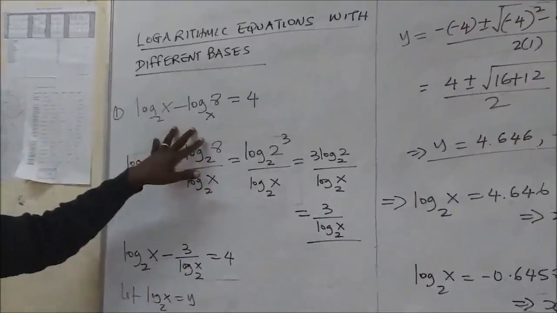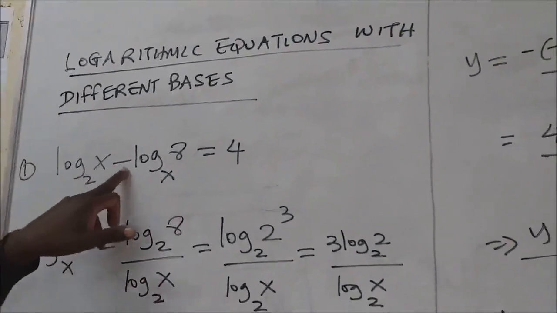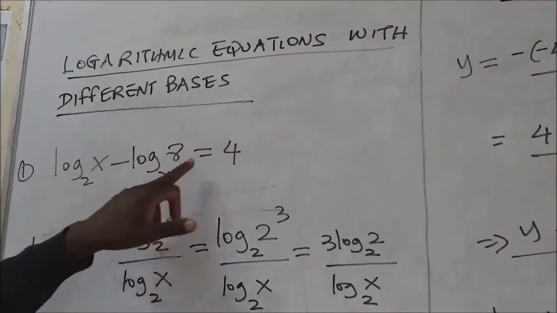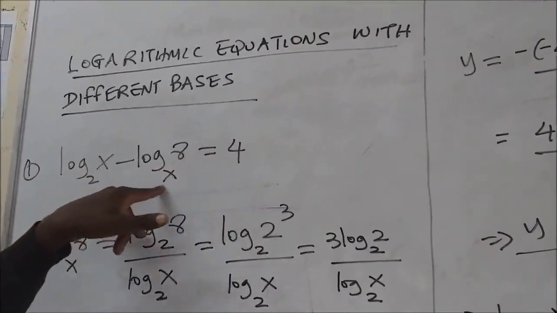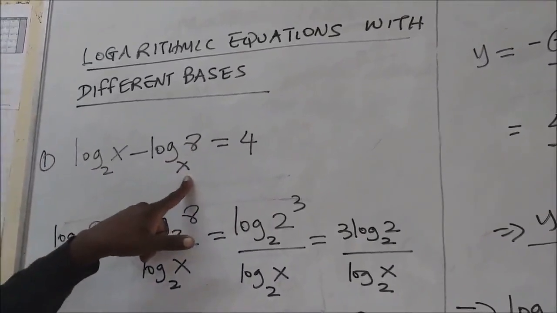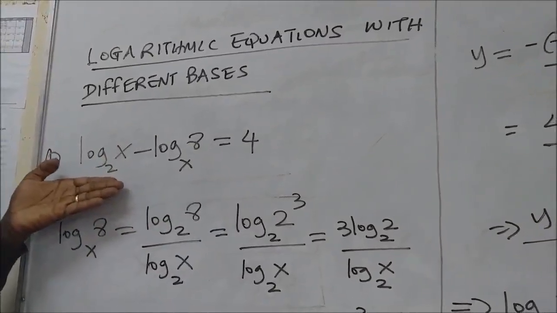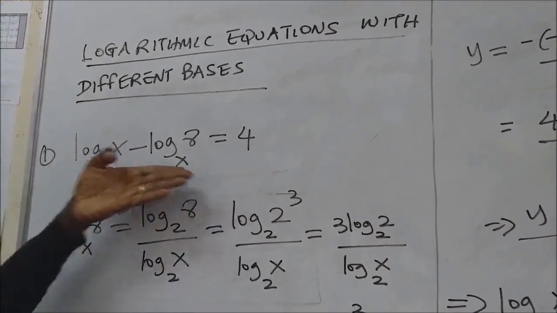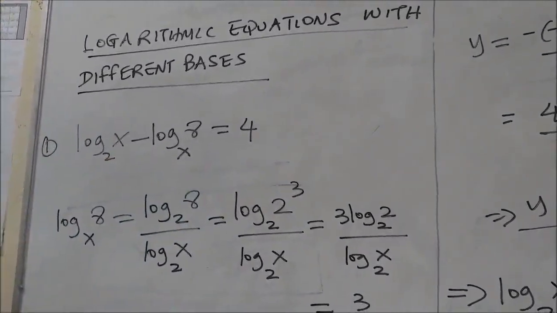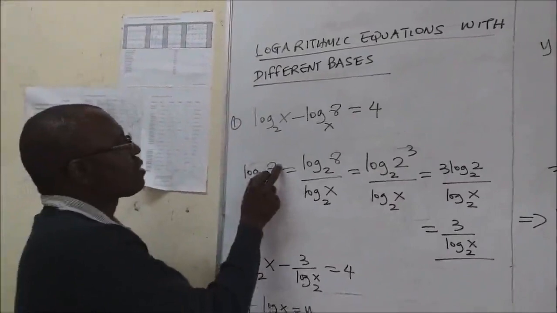This was the first question of the exercise, where we had log x to base 2 subtract log 8 to base x equals 4. You realize that the bases are different. We have base 2 here and we have base x. Now, you either decide to change base 2 to move to base x, or you move from base x to base 2. I have decided to move from base x to base 2, and log 8 to base x is